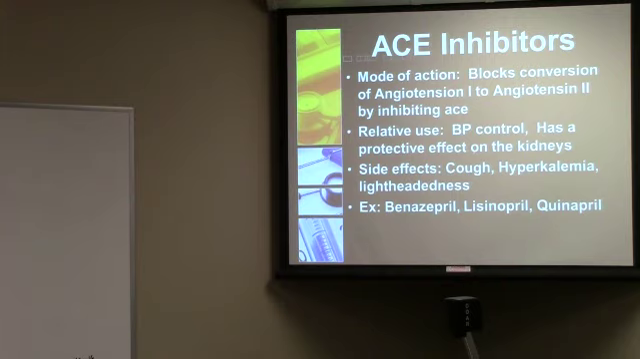So ACE inhibitors, again, stands for angiotensin converting enzyme. So simply, ACE inhibitors work by blocking the conversion of angiotensin 1 to angiotensin 2. Angiotensin 2, that's when the domino effect occurs and we get high blood pressure. So for example, I talked about the first, second, and third degree AV blocks last week. If I were